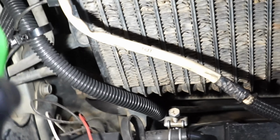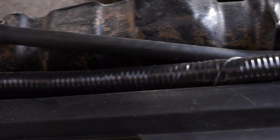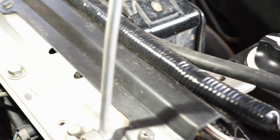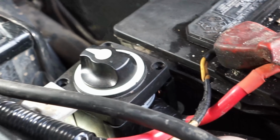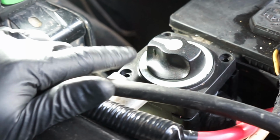And then this is my positive wire here, that I routed through my side hole right there, and then it came up through here, goes up along the top, along the radiator, which I also wrapped all of this in electrical tape just to give a little extra shielding. And then it comes around to this switch right here,